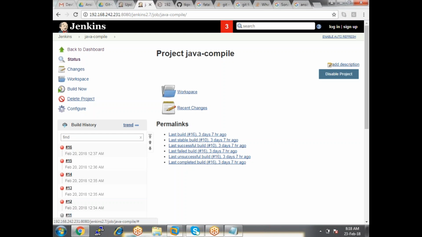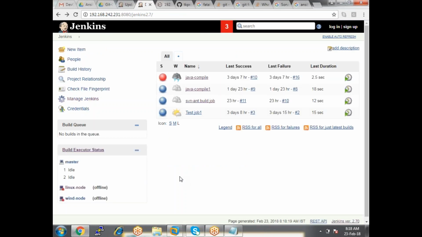I have all the access to the jobs. But we have not created any users yet, or assigned any permissions to the users yet. The reason I'm able to see all these options is, if you remember, we have given the option called anyone can do anything.